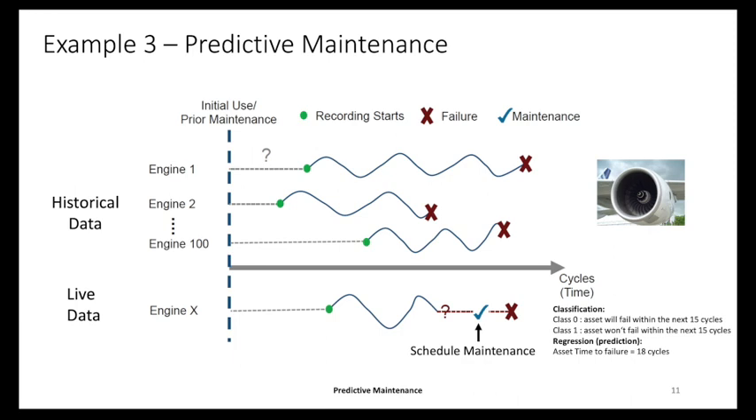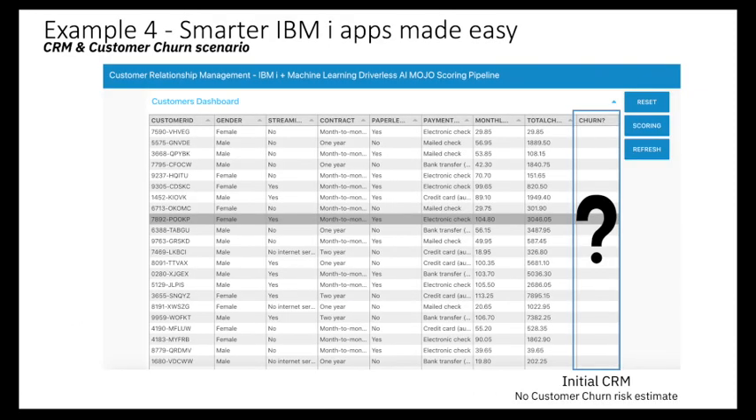So you can use historical data to build your own predictive models. In that particular case, classification. Will it fail within the next 15 cycles, for instance? Or you can even build some regression models to help you determine the remaining cycles, so the time to live. Once trained, you are now able to predict an outage before it occurs and predict a scheduled maintenance, for instance, and save money. The last example is about augmenting your existing IBM application, the same as I mentioned earlier, but